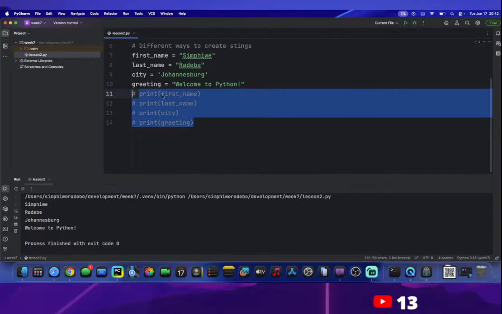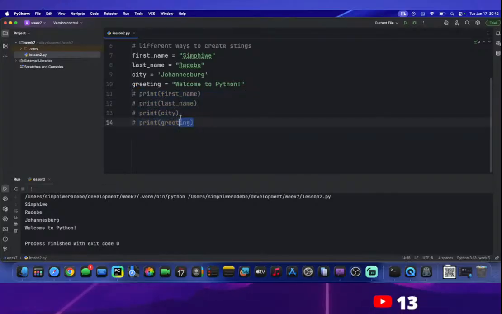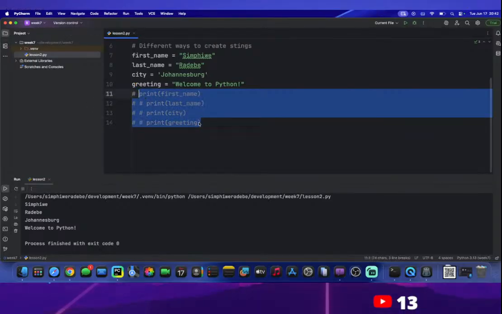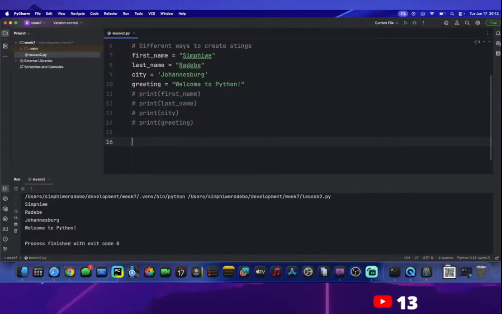So let's just comment out our print statements. Again, you just hover over them and press Control / or Command / so that we don't print it out again when we run the rest. So the next part is when to